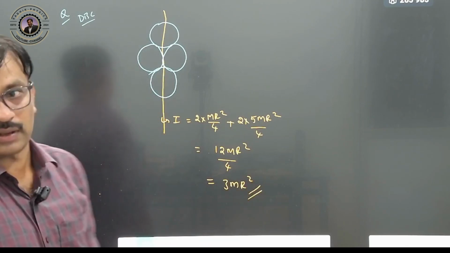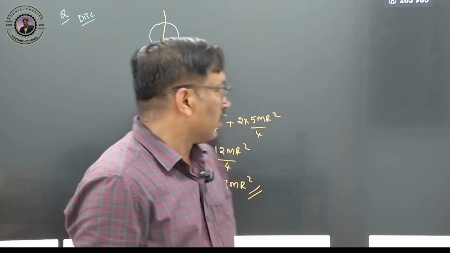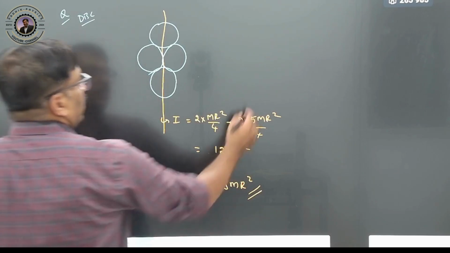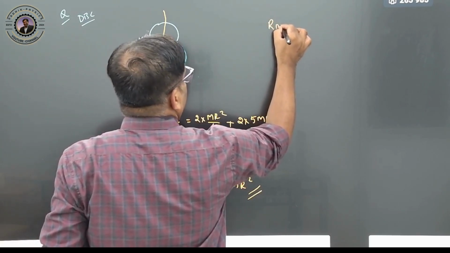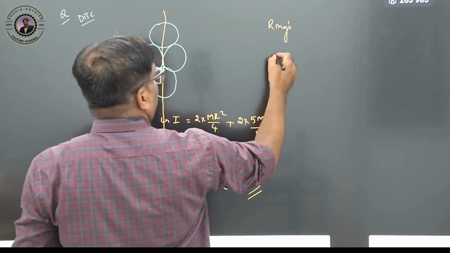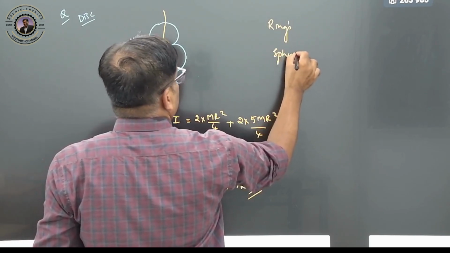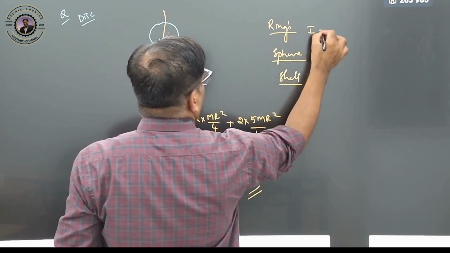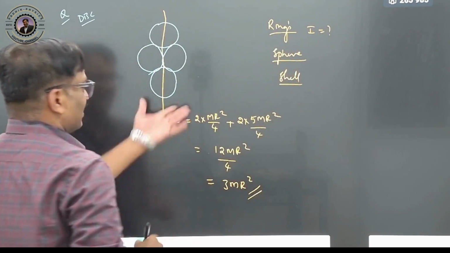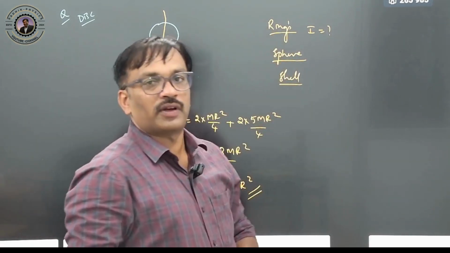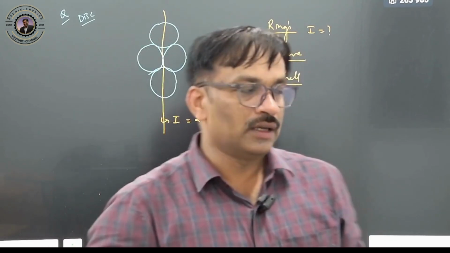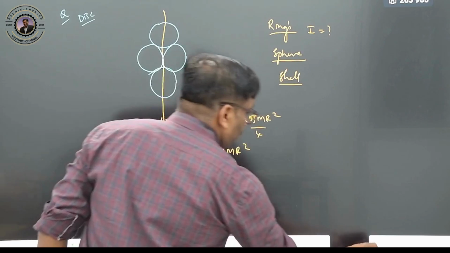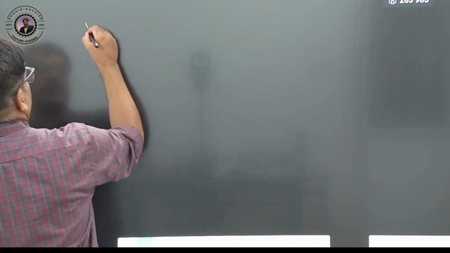3 mr square. Students, so we'll see some more questions. See, in this problem we are using the disks. You can do it for rings arranged like this, and solid spheres, and shells. You can calculate the moment of inertia of all these exactly the same way. So what are their moments of inertia? I already discussed in the part 2 video. And we'll see one more important question. This is one of your JEE main questions,